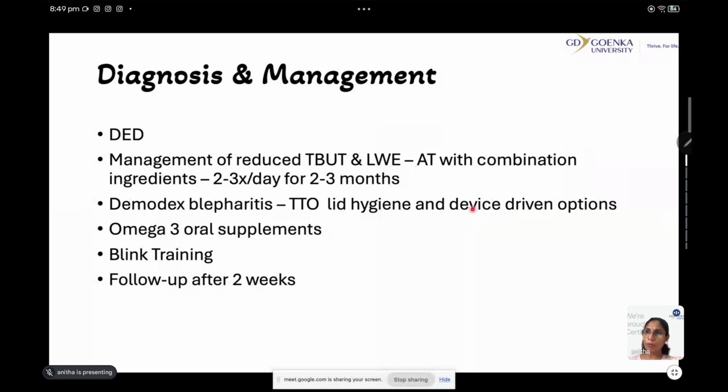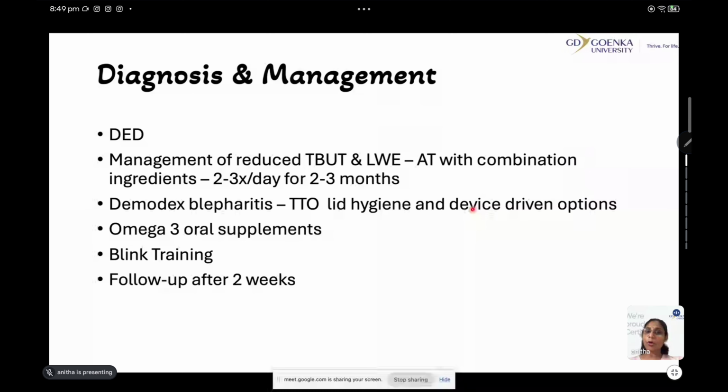But when you have a combination of CMC and hyaluronate and polyethylene glycol, such combination artificial tears are also available. So it is highly recommended for such cases. Now again, it depends which case goes well with a combination of ingredients in artificial tears. So that was recommended for twice or thrice a day for close to 2 to 3 months, because we noticed